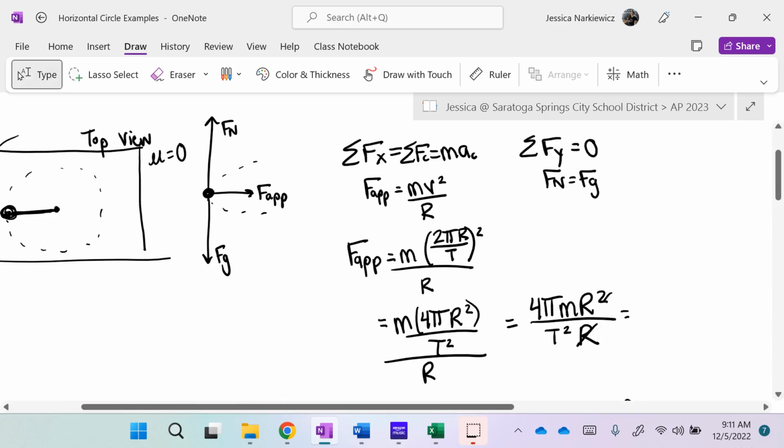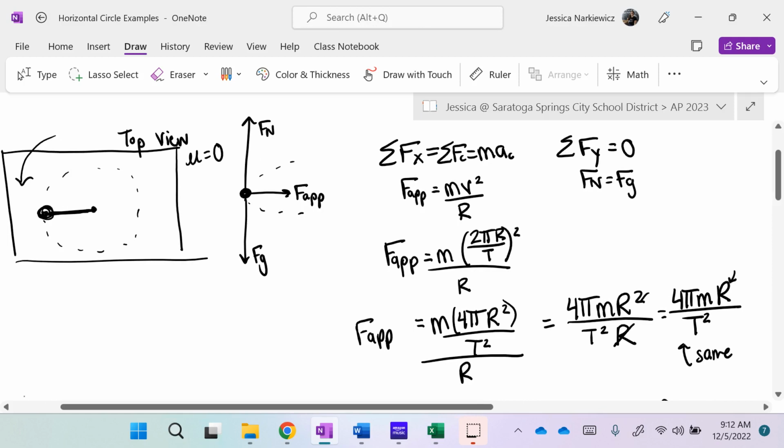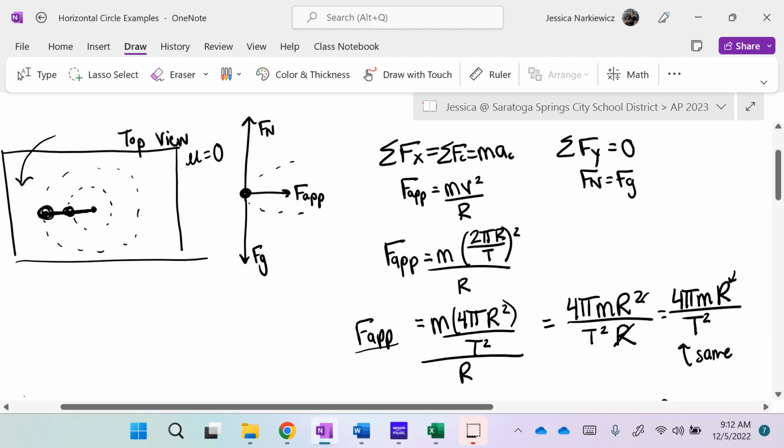And this actually shows for something moving in a circle, if we keep the period the same but change the radius, that's going to have a direct relationship with whatever that applied force is. So let's say I was able to keep the period the same to go around the circle, but I changed the radius. If I was to decrease the radius, it would decrease the force